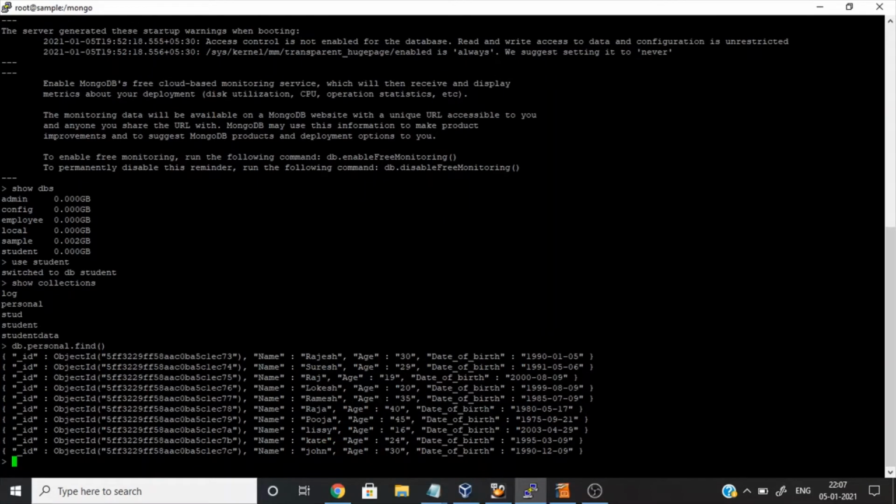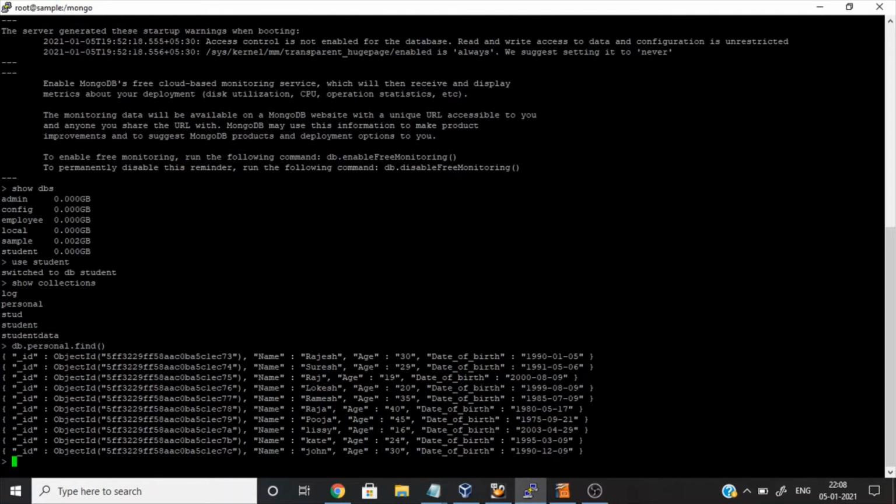You can see this is the data in the personal collection. Now I'm going to filter out documents which have age greater than 20.